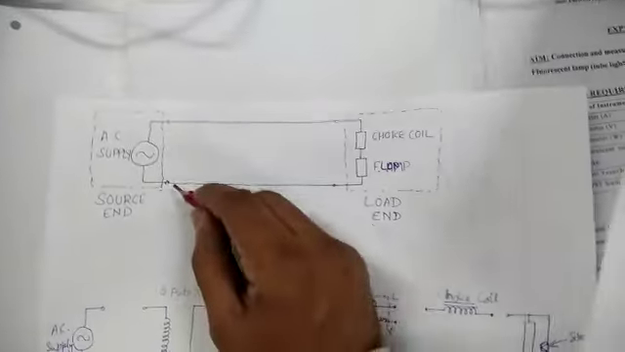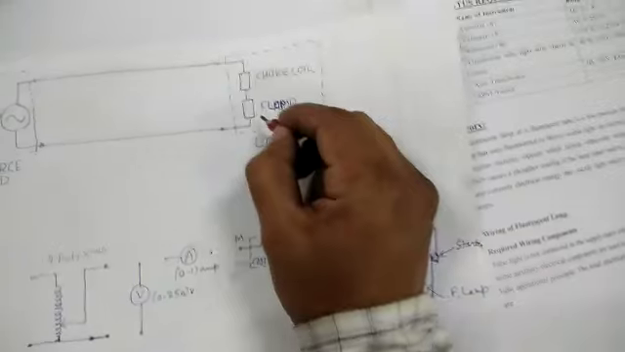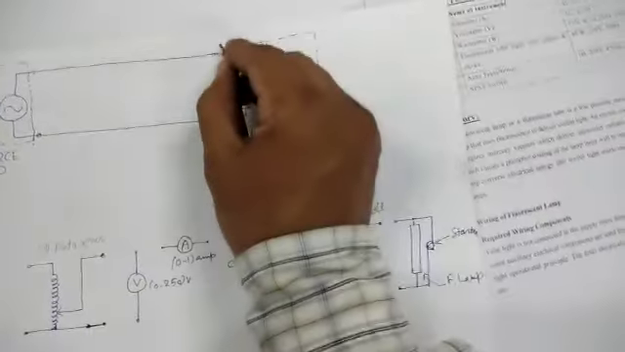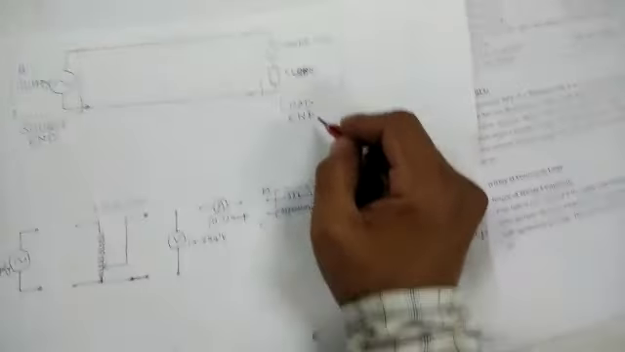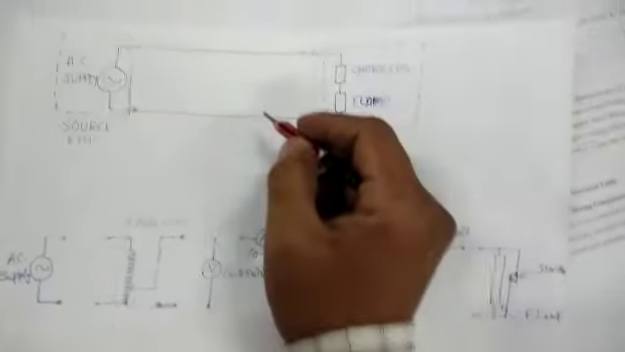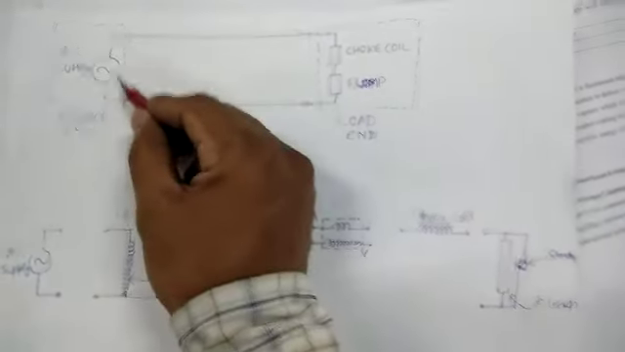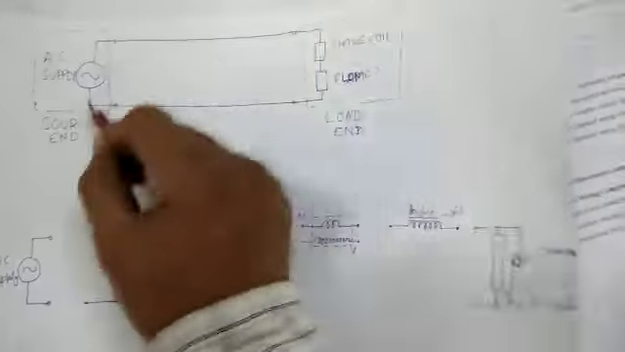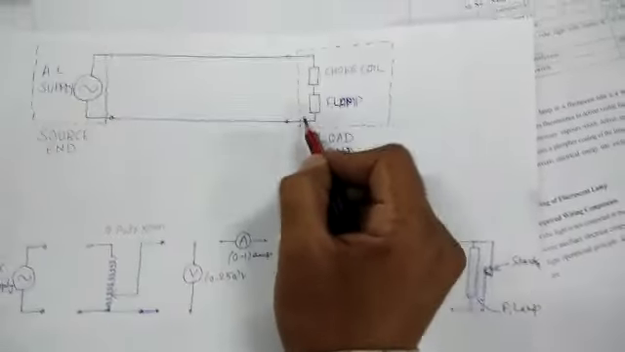Here we are having a source end. In source end we are having an AC supply, and at load end we are having a fluorescent lamp connected in series with a choke coil. This is combined to make load end. Okay. So we have to supply electrical energy from source point to this load through connecting wires. Okay. And as our